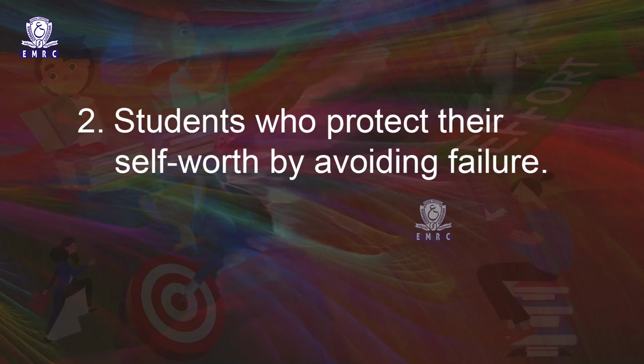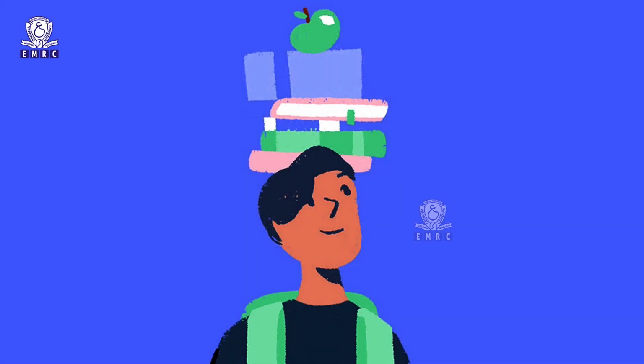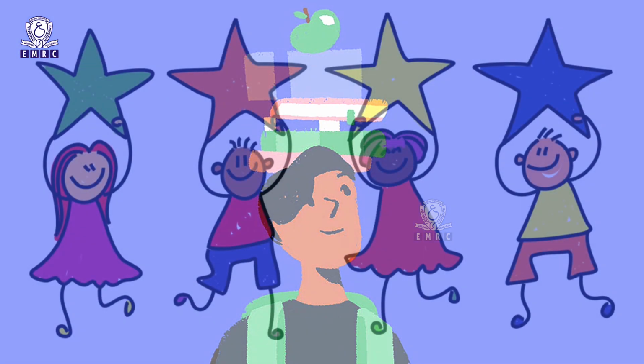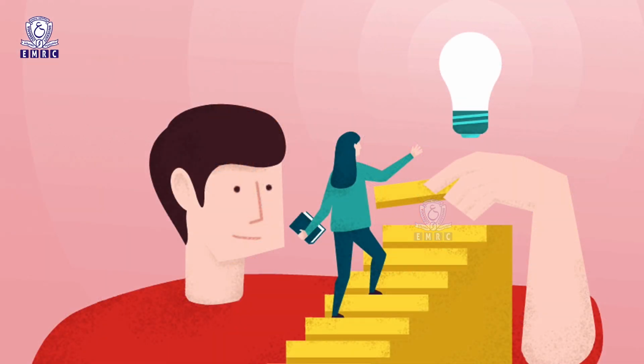Students who protect their self-worth by avoiding failure, this is another category. Failure avoiding students hold a fixed view of ability, so they set only performance goals. They lack a strong sense of their own competence and self-worth, which is different from their performance. In one way, we can say they feel only as smart as their last test grade, so they never develop a solid sense of self-efficacy. In order to feel competent, they must protect themselves and their self-worth from failure.